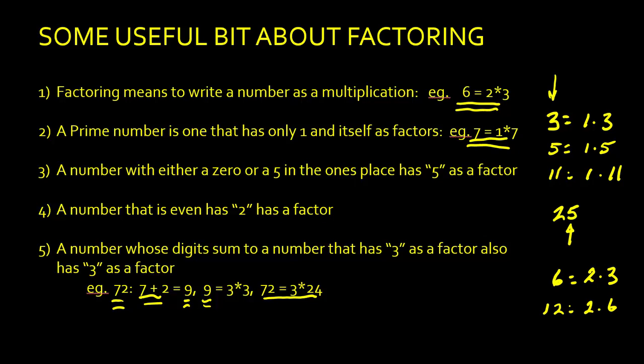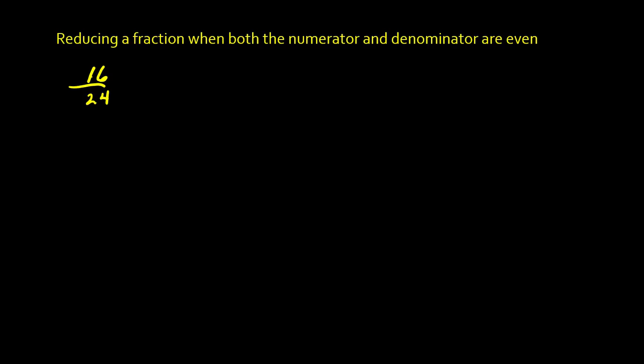So let's go ahead and move into actually factoring some numbers. We're going to reduce this fraction, 16 over 24. Both 16 and 24 are even numbers, so we know that 2 is a factor. And I'm going to demonstrate using the factor tree. So I'm going to write 16. And I know that 2 is a factor. If I divide 16 by 2,